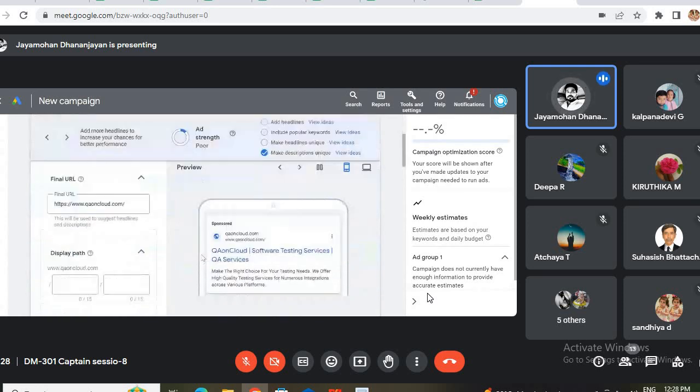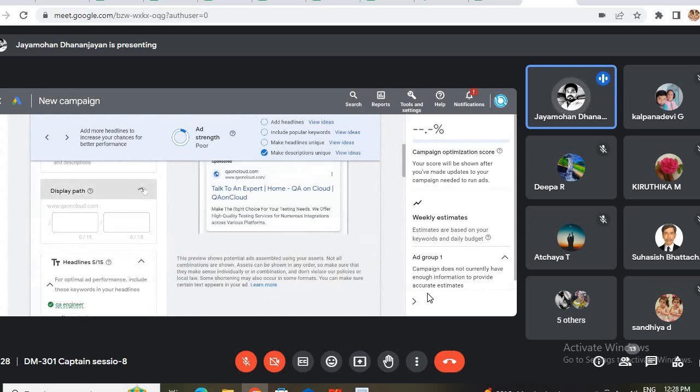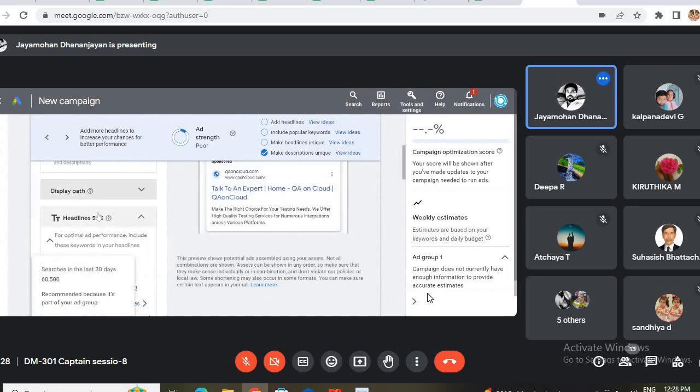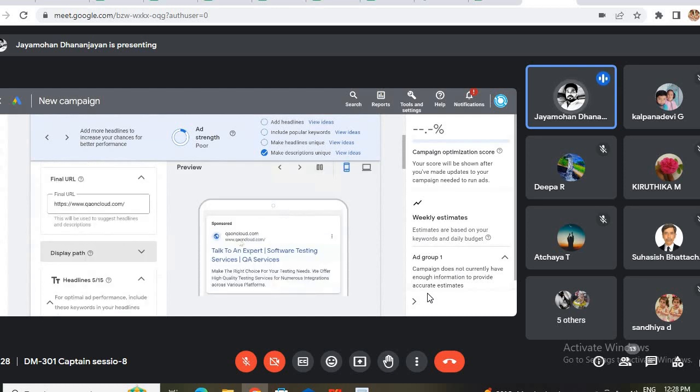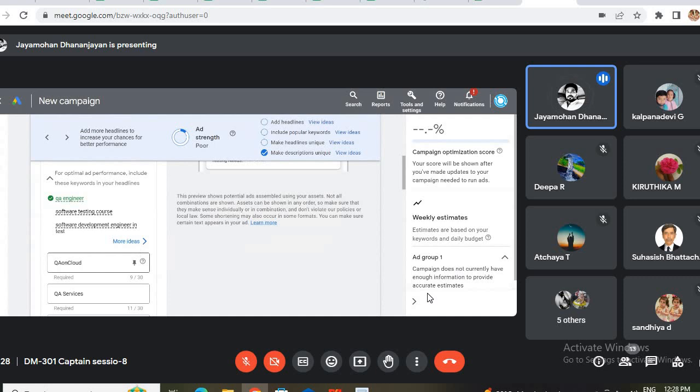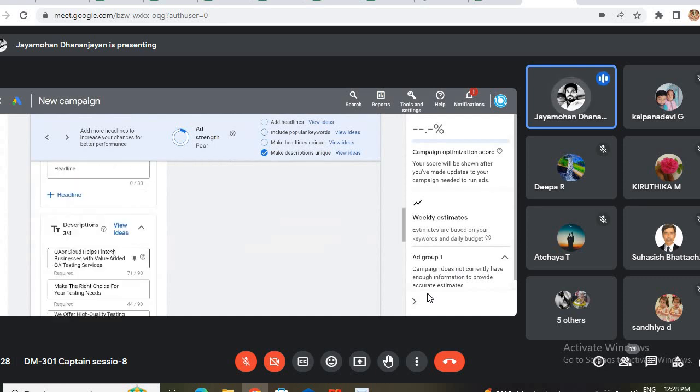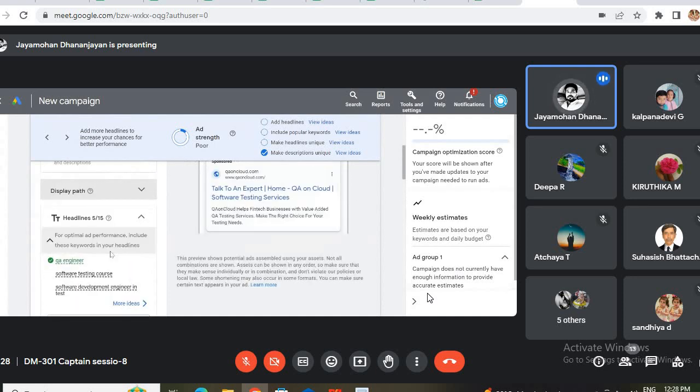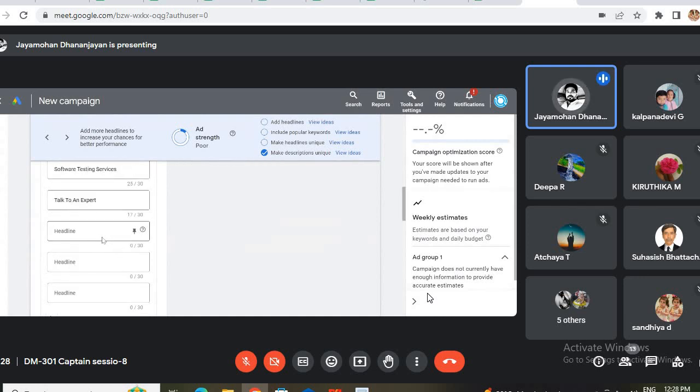So keyword setup is done. Here we mentioned the final URL, that is done. And here you can give headings. For example, here you can see "talk to an expert software testing". When someone searches for this keyword, this is how it will be shown. You can give up to 15 short headlines. So I can also say